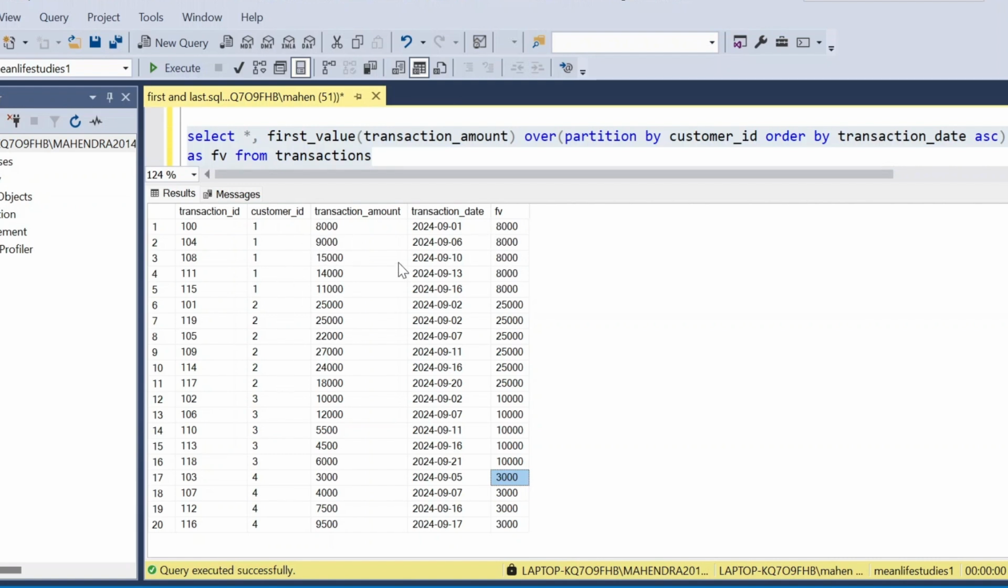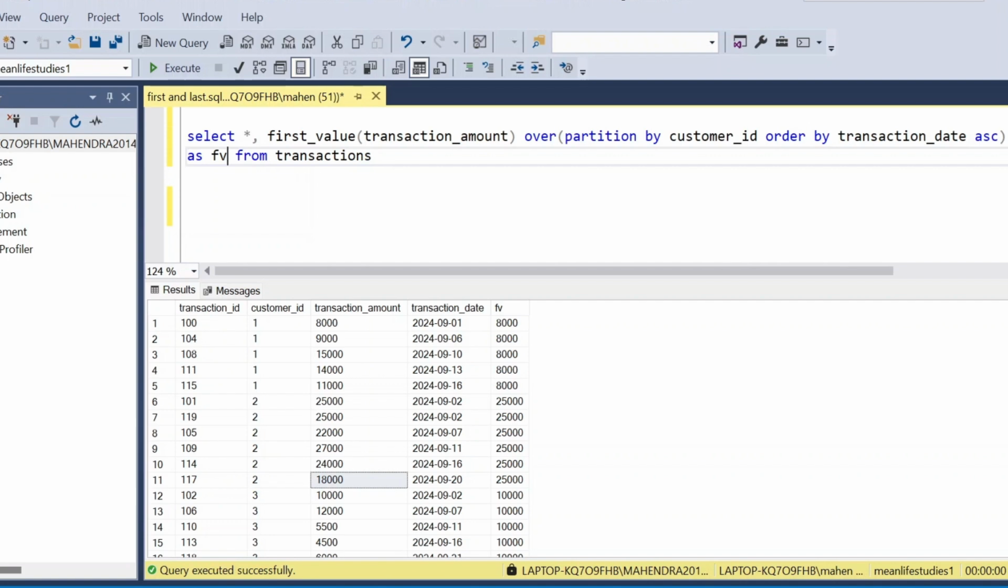Similarly, we have to find the last transaction amount. That is on the basis of date only, right? This date only, this amount. So this is the last transaction amount for this particular customer, and here this will be the last. We have to return those particular values also. Now I'm writing here, comma, and here we have to return the last transaction amount, so we have to use LAST_VALUE of transaction